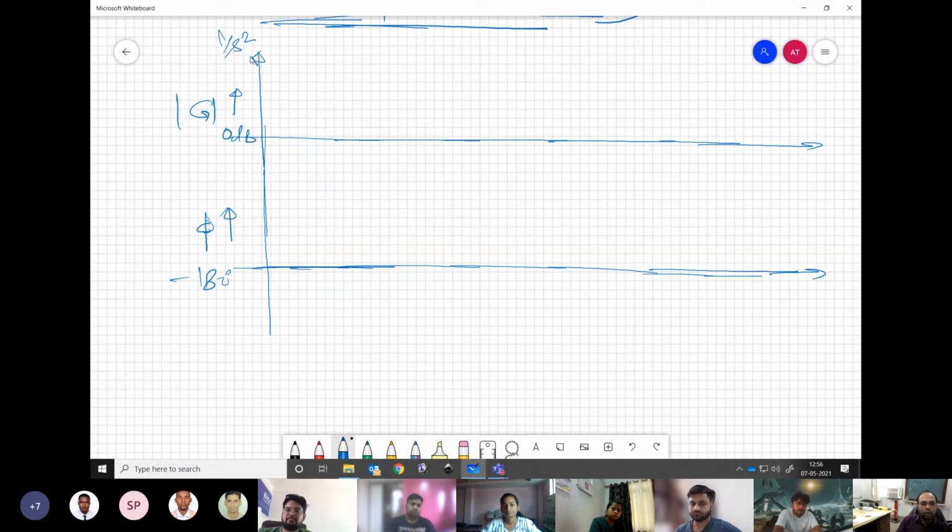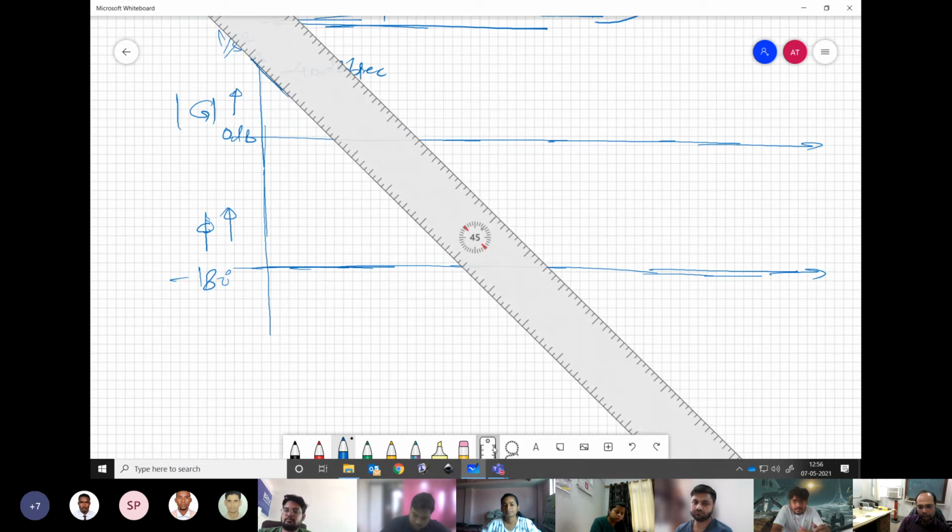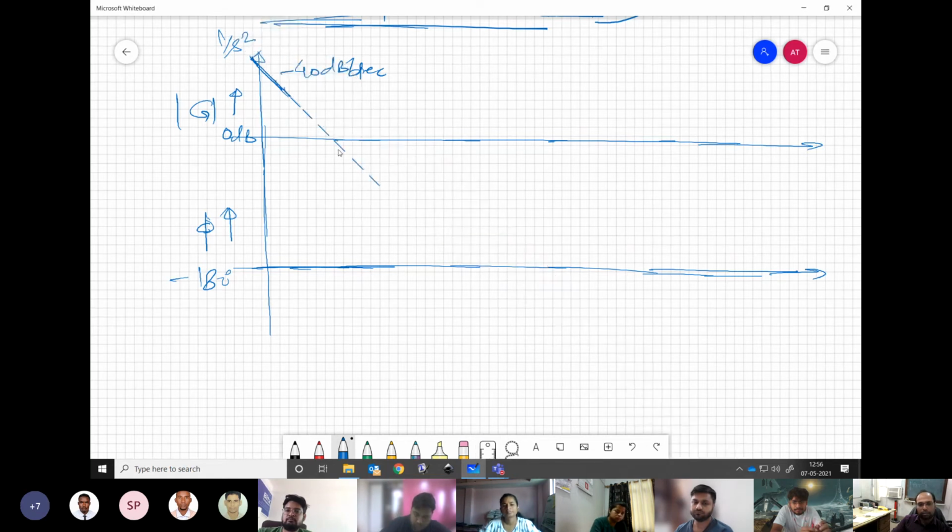So it has already minus 40 dB slope, minus 40 dB per decade slope for the gain. If we allow it to continue like this, what will happen? It will go and cross the 0 dB line with the same slope. That means our phase is going to be minus 180 degree always,